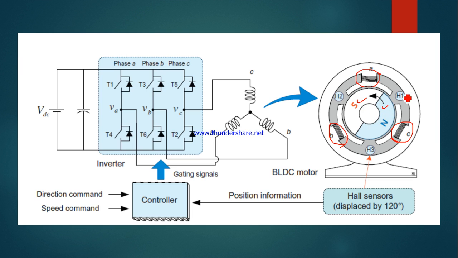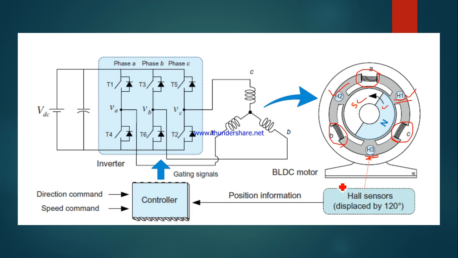You see, this H means Hall effect sensor. When the north pole comes near that Hall effect sensor, it will give an output. You can see the books for how, or you can write to me later, and I will explain the principle of Hall effect sensing. It's very simple. At this position, because the north pole is nearer to both H1 and H2, we will get a binary high from H1 and H3, and you will get 0 from H2.